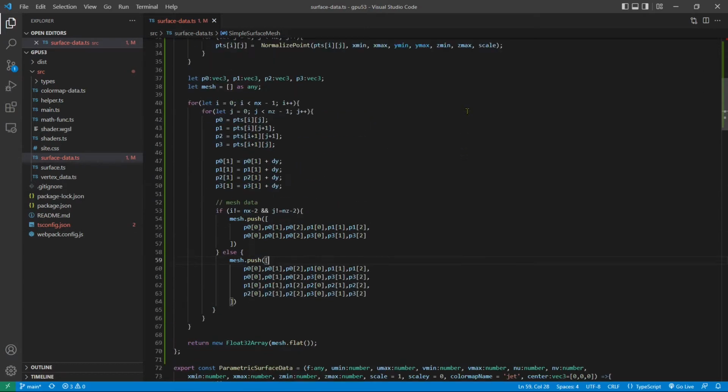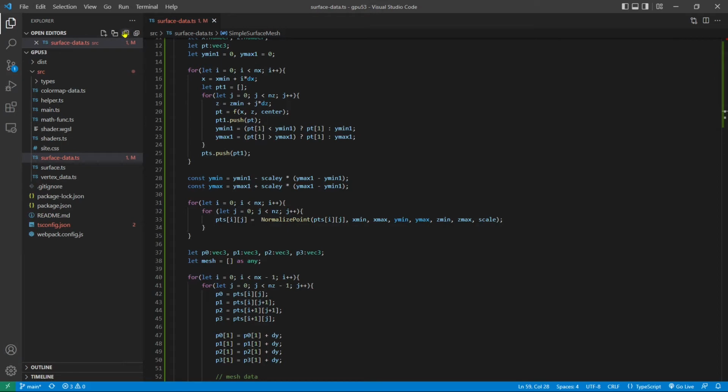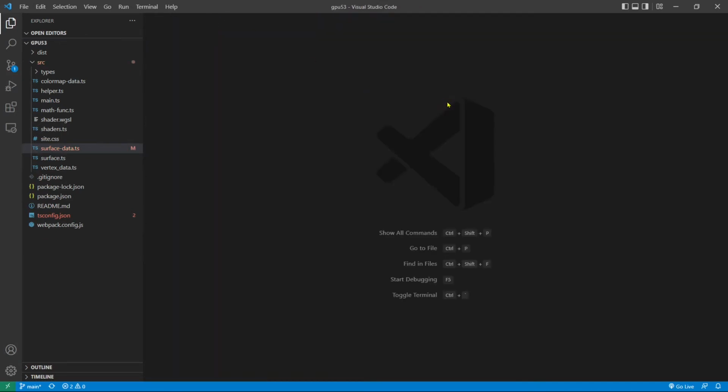Okay, now we can save this file and close it. Next, we need to modify the shader code. Since our example is based on the project used in the video 29, the shader for the surface will remain unchanged. In order to add wireframe to the surface, we need to make some changes to the shader code used in creating wireframe previously. Now add a new WGSL file named